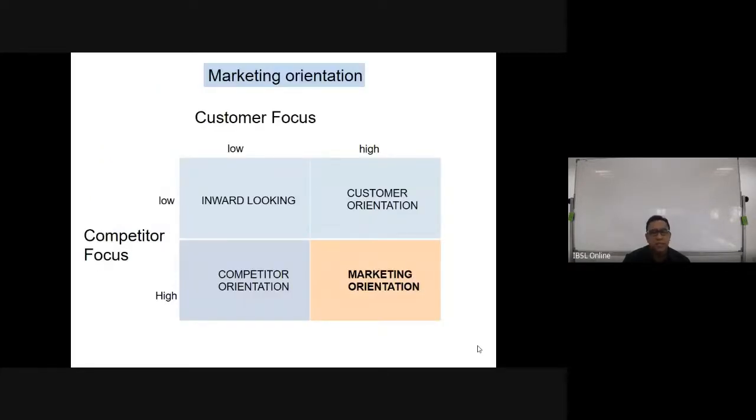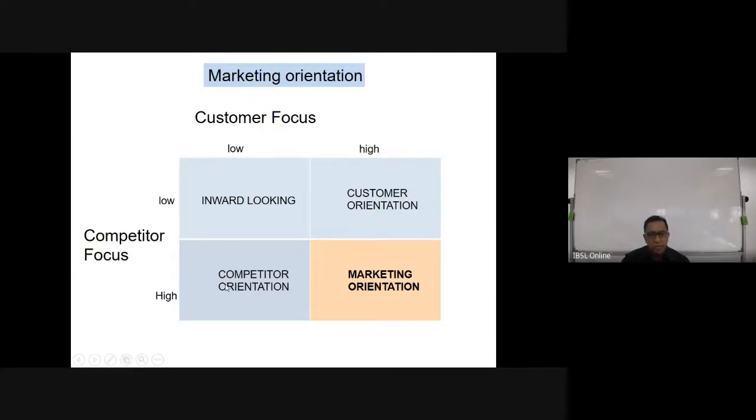We looked at the marketing orientation grid. When the customer focus is low and the competitive focus is low, we call those companies inward-looking companies. And then where the customer focus is more, but there is low focus on the competition, we call those companies customer-centric or customer-oriented companies. And when the customer focus is low and the competitive focus is high, we said those are competitor-driven companies. Why? Customer focus is low, which means